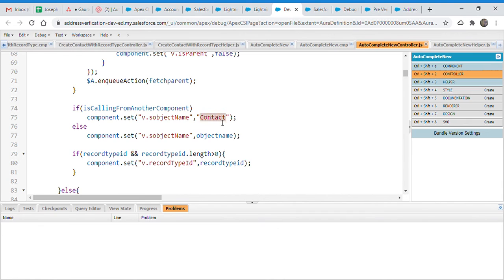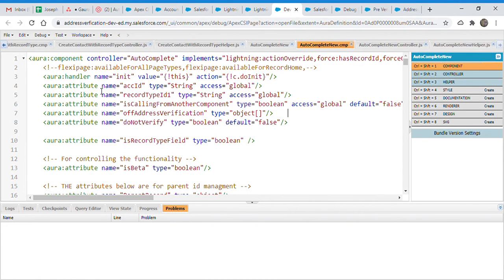But let's say you want to do the same thing for opportunity. You want to create an opportunity from account, then this will be one more condition. Then you have to modify the autocomplete new, and add is calling from another component opportunity or something like that. So you have to add three more variables right here,